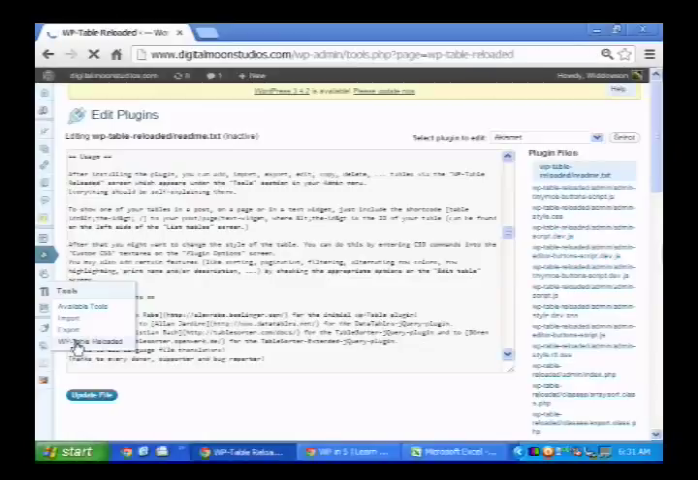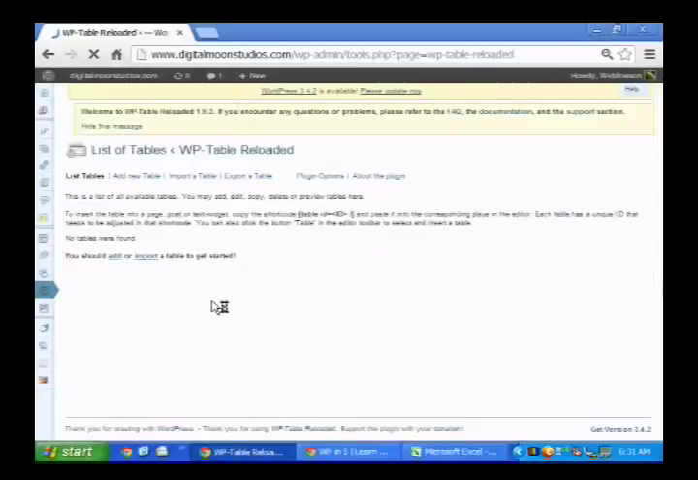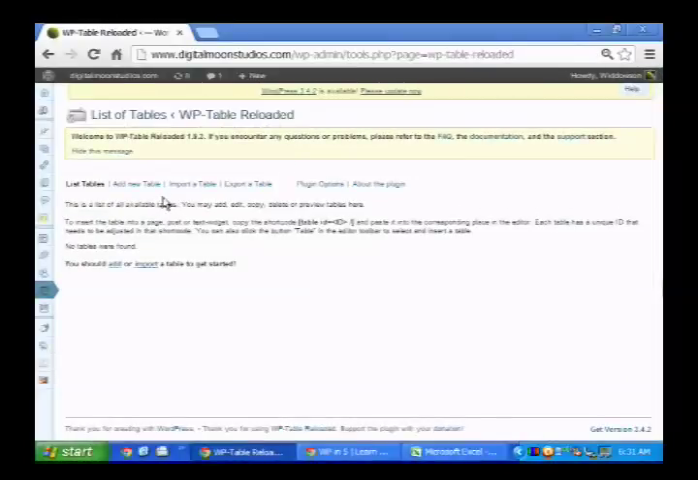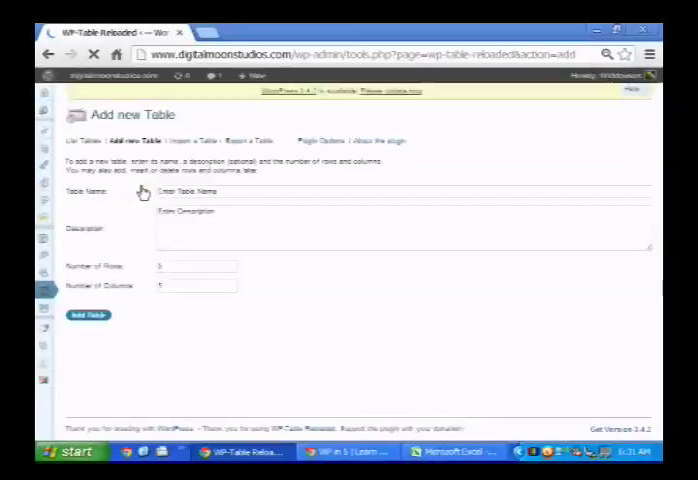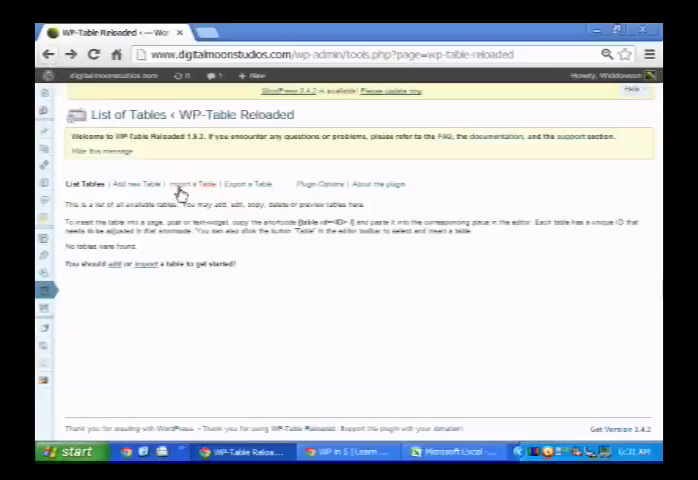Okay, let's see if we can get this. So this is a list. Add a new table. Okay, so do I need to import a table? Table name. Wait, we don't want to do this. We want to import a table, because I already created a table. That's creating another table from scratch. So we want to import a table,